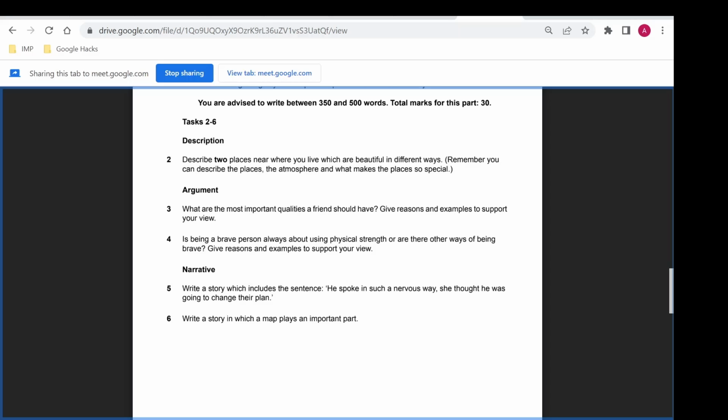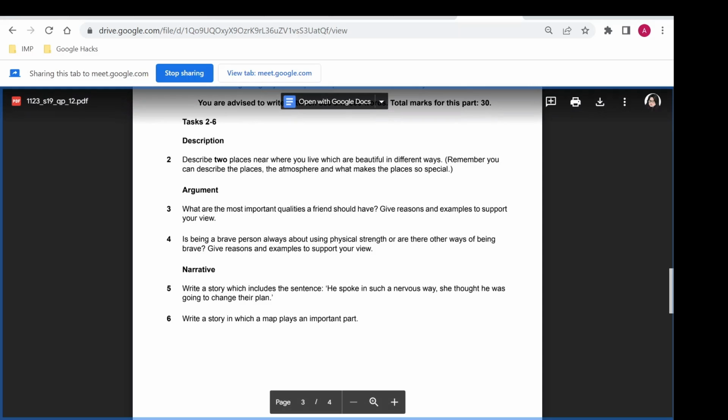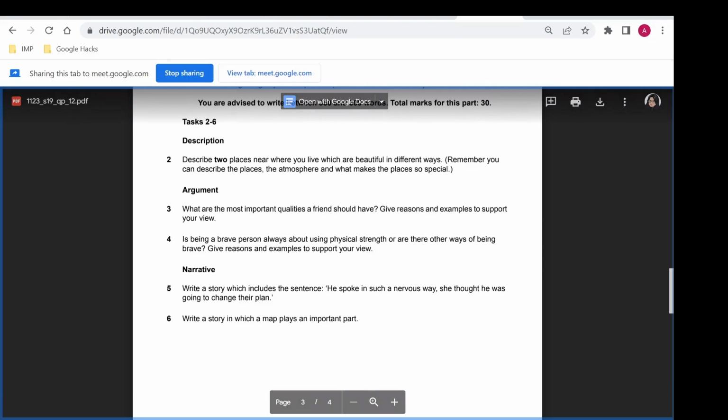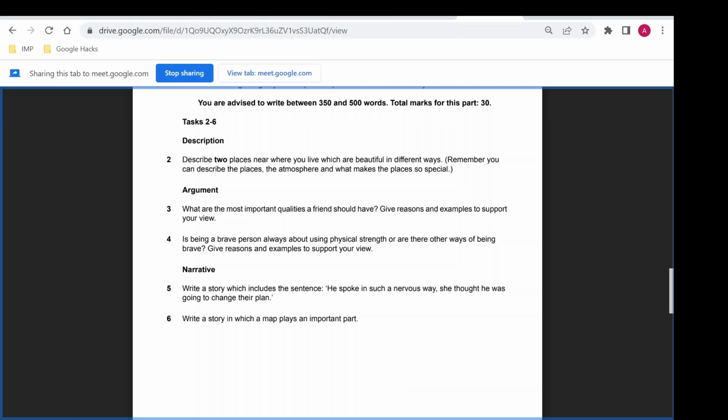Narrative story, we have two options. What to pick? Usually, what topics get more marks. If you are good at narrative, mostly I've seen students who do really well on narratives. I've seen students who have done an excellent job on writing arguments and ended up writing A-star argumentative essays in their exam papers. All right.